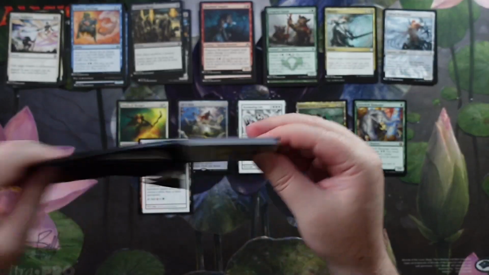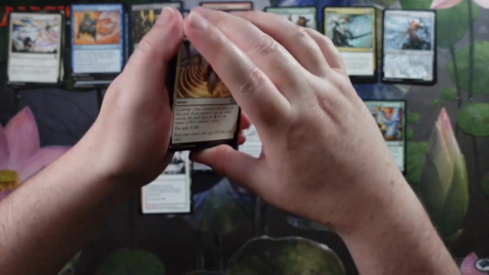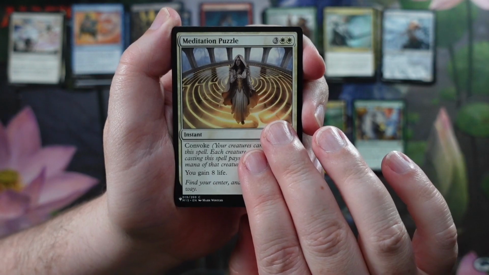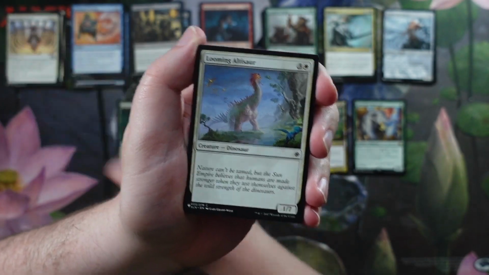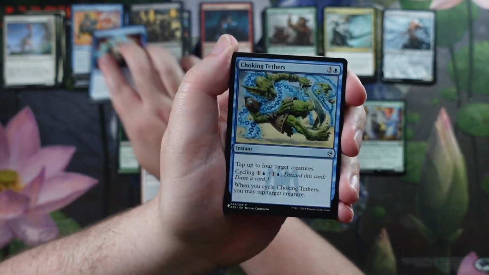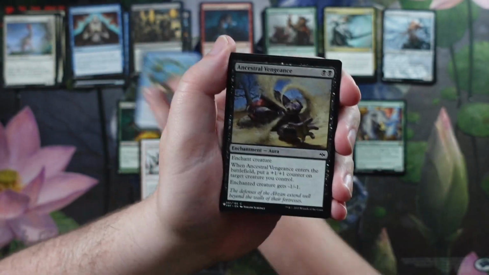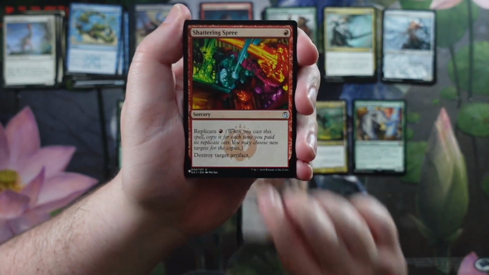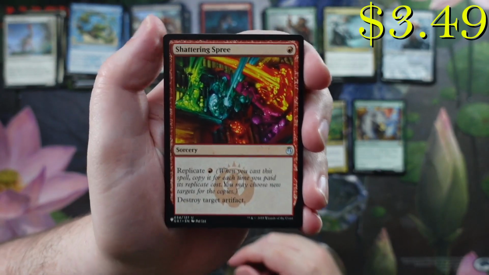All right, last pack. Are we gonna have some last pack magic? Maybe we'll find a Mana Crypt in here. Who knows? It would be pretty cool to find one, wouldn't it? It'd be nice to put another one into the patron pile to give away, wouldn't it? It sure would. We got a Flash Freeze and a Choking Tethers here. Ancestral Vengeance. Noxious Dragon. We haven't found anything really interesting in the Wooburg slot, and then I say that and